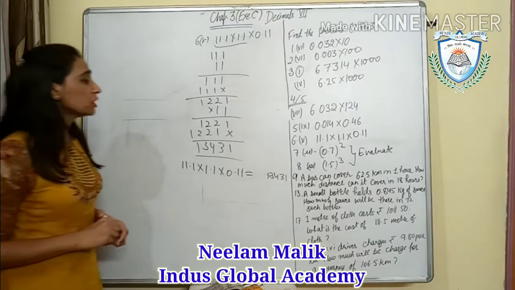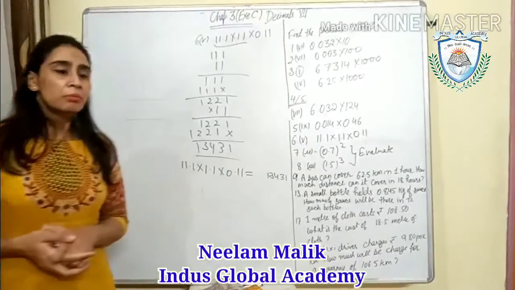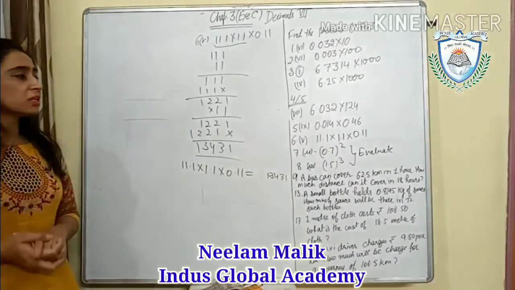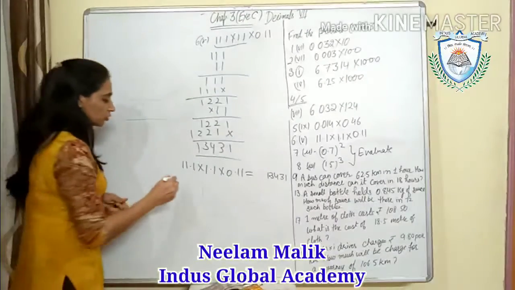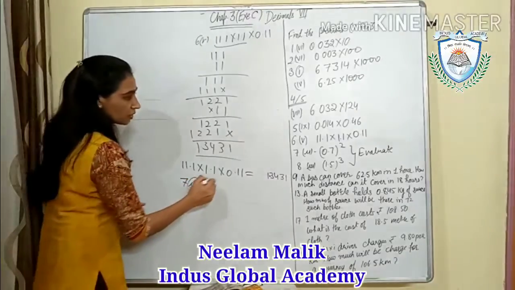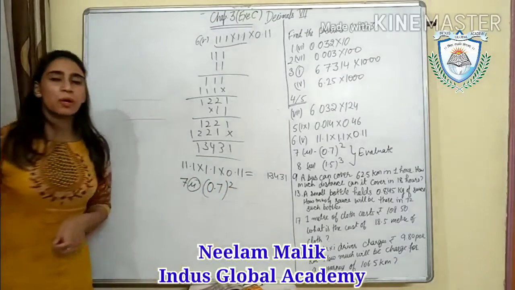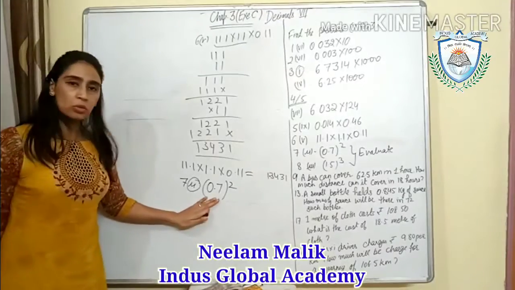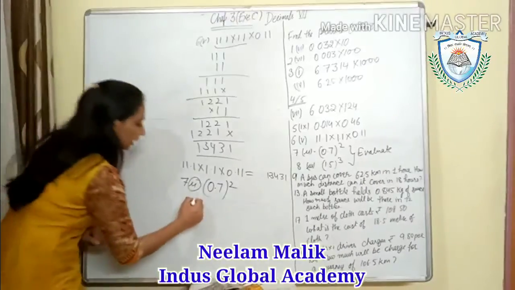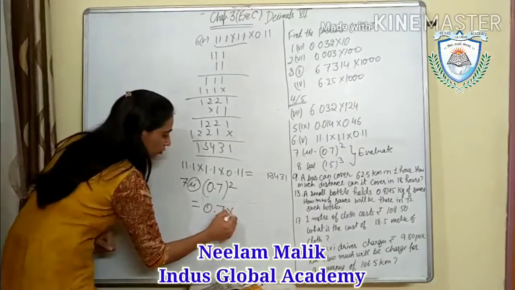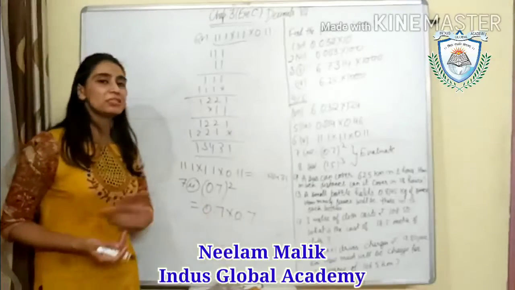Okay. Now the question number 7. In question number 7 and question number 8, we have to evaluate, meaning exponents are given, powers are given there, and inside there is our decimal number. Okay. Suppose question number 7, second part. This is 0.7 raised to power 2. Okay. So we will not first consider our point, or you can write this number like this, 0.7 into 0.7, because power is 2, that means we have to multiply this number 2 times.